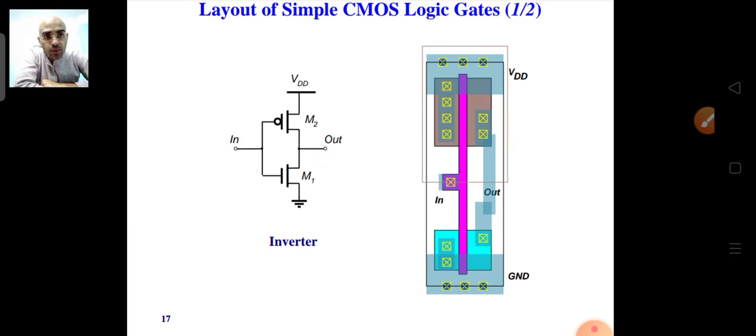Today we are going to discuss the optimized stick diagram, how to get the optimized stick diagram, and what a stick diagram is. So you see, after drawing the schematic properly and finding the various voltages, the threshold voltage, the static characteristics, the dynamic characteristics, whatever we require, this is what we do at the schematic level.